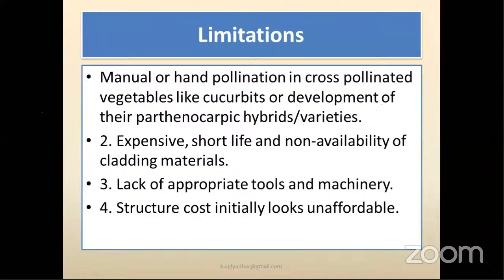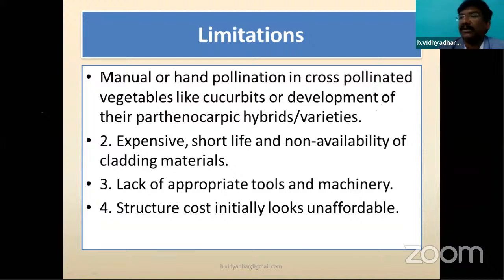And the cladding material, as well as the short life of the cladding material and the expensive structure, is also one of the limitations for opting for protected structures. Even the lack of appropriate tools and machinery is one of the limitations the farmers are thinking about. And most importantly, the structure cost initially looks unaffordable, especially farmers with low or zero risk become reluctant to adapt